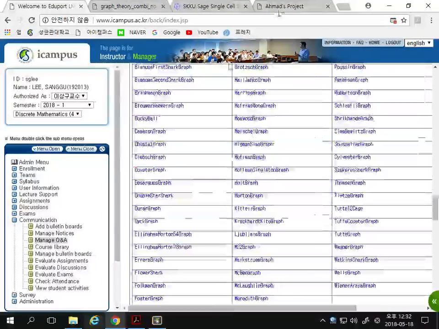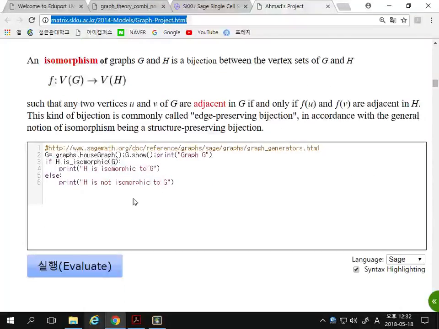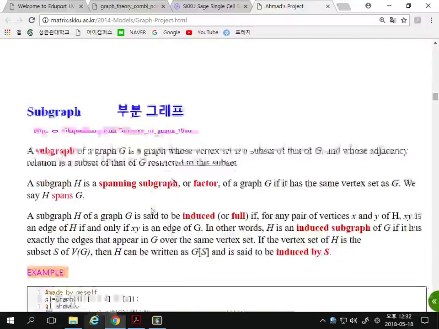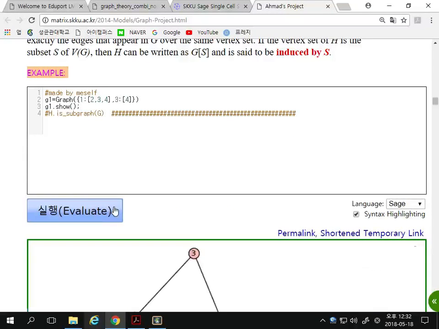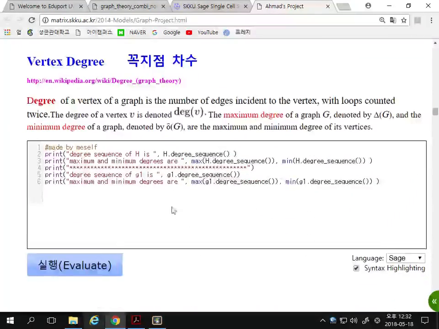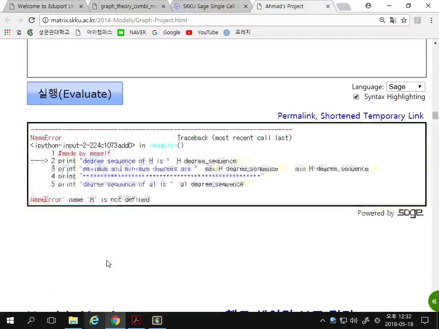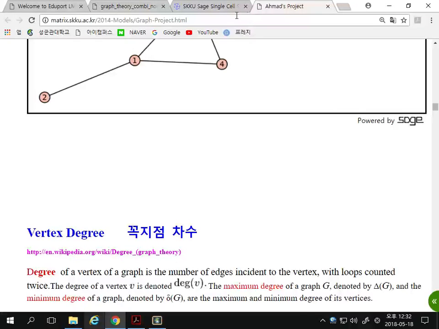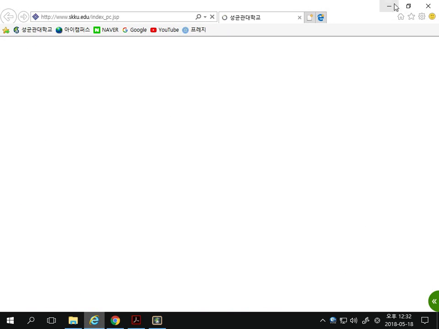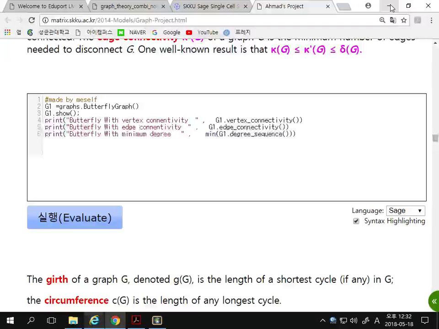And this website has not only the explanations, but it also has all the Python-based code for the introductory graph theory. Actually, as you saw here,